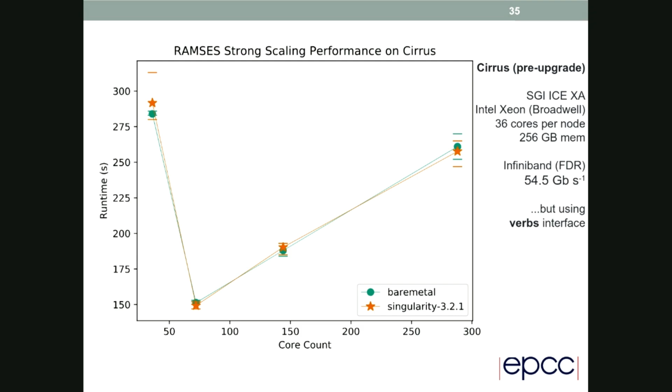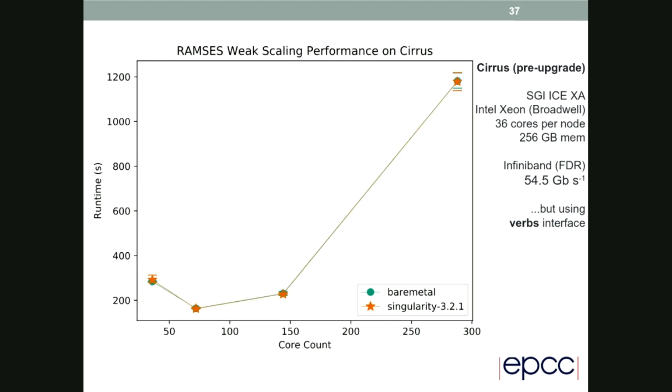I'll just show some weak scaling results. I should mention that, of course, I'm using InfiniBand, and that's the interconnect on Cirrus, but I'm not using the FDR interface, the one that has a bit rate quoted on the Cirrus website. I'm using the verbs interface. If you remember, in the build script for OpenMPI, I specified the verbs option. So again, we've got poor scaling for the weak scaling performance, but at least there's no difference in performance between